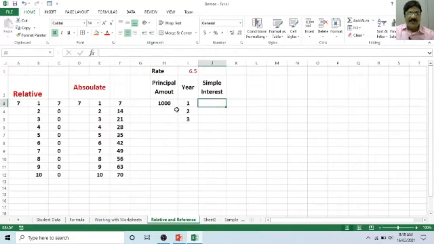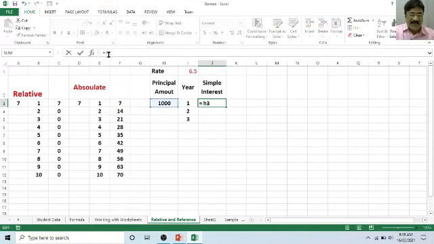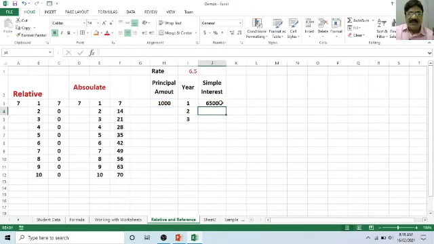Now, if you want to find out the simple interest, assume the rate of interest has been given, the principal amount is 1000 rupees, and the years for which you would like to find out the simple interest are 1, 2, 3. So specify the formula. Principal amount is in column H3, then multiply by number of years, that is I3, multiply by rate of interest, that is what? I1. Okay, so now it is very simple. It has calculated this one divided by 100. Don't forget.